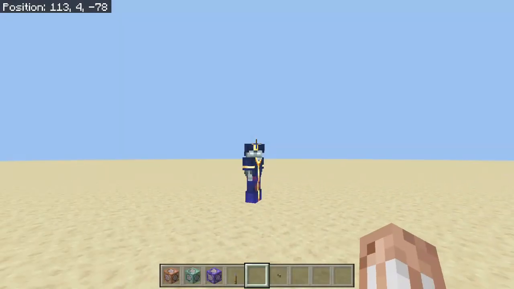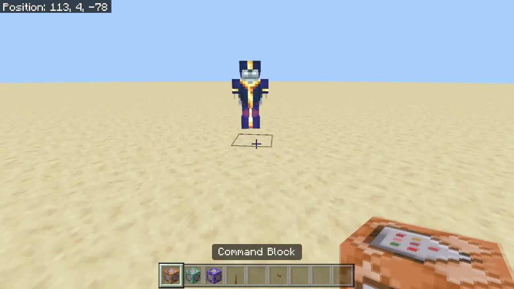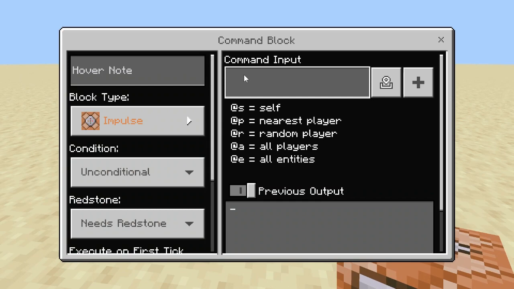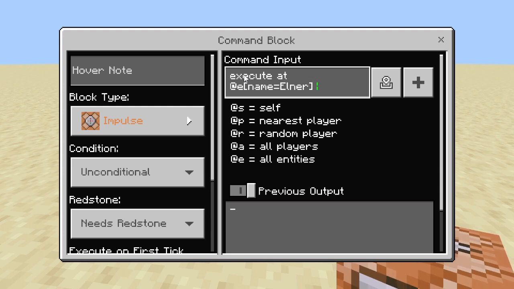So next is the execute command, which I'm pretty sure you've all heard of. It is insanely useful, and I'm just going to demonstrate some of the ways that I've used it in the past. What you're going to just do is we're just going to do a little bit of a particle command. So what it can do is /execute at E. Now note that the syntax has changed for Bedrock Edition. It's now going to use basically the exact same syntax as Java Edition, which does make it a hell of a lot more versatile. Run